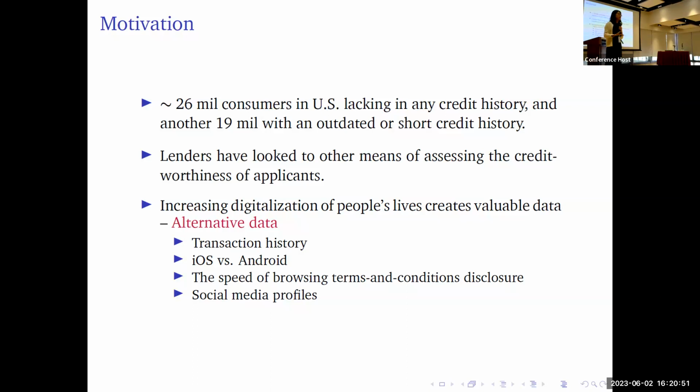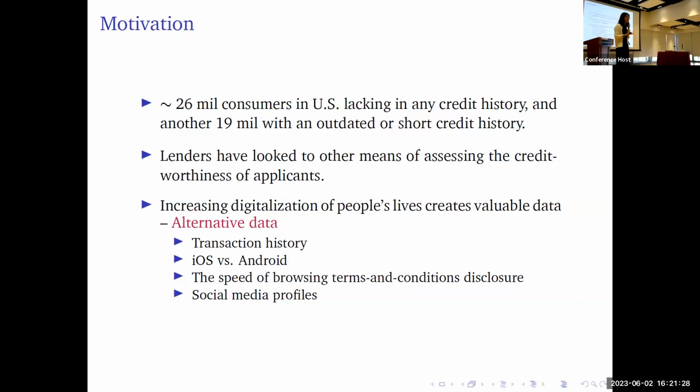And so now some lenders are looking for new solutions. And one hot topic now is alternative data. So what is alternative data? There is no formal definition of alternative data. It's a relative concept. Traditionally in the credit lending markets, people use your tax reports, your assets, your income, all this information to assess creditworthiness. So that's traditional data. And all the other data that are now used in the credit lending process are considered